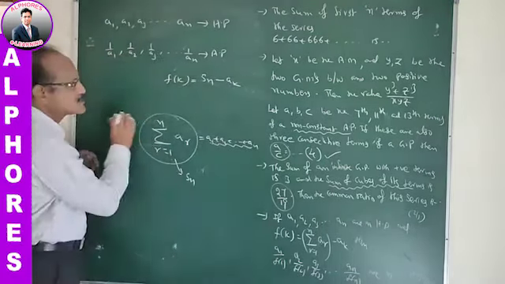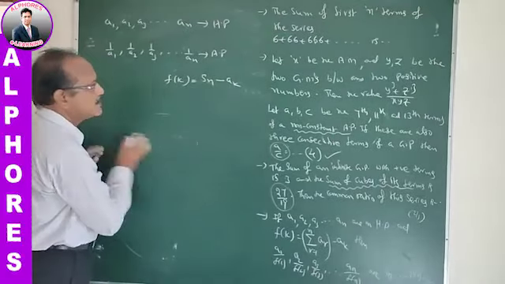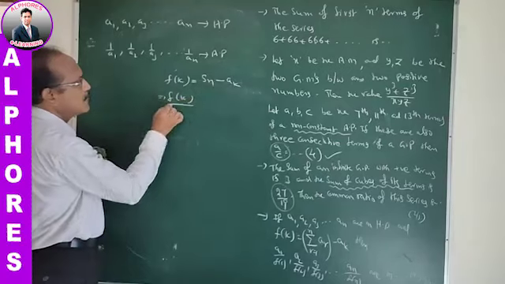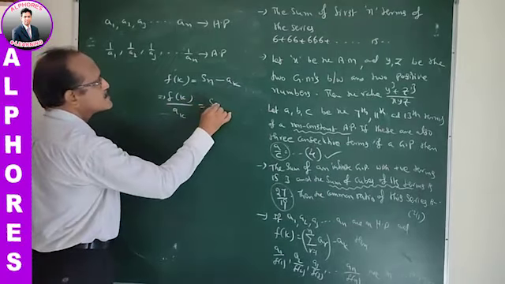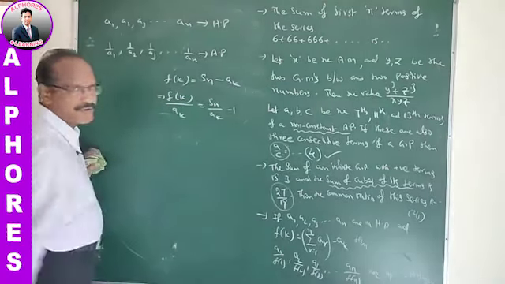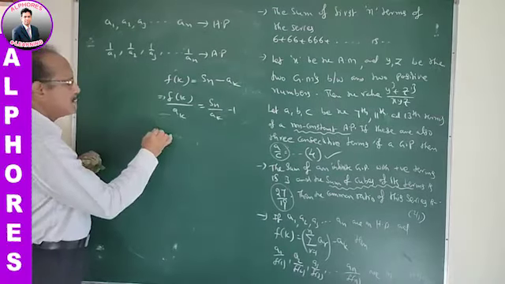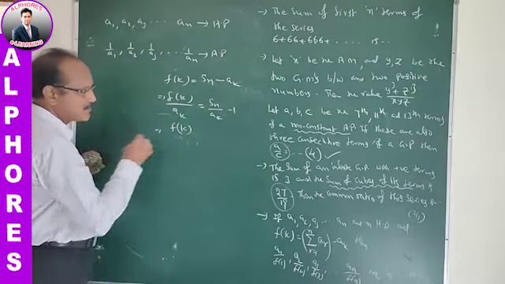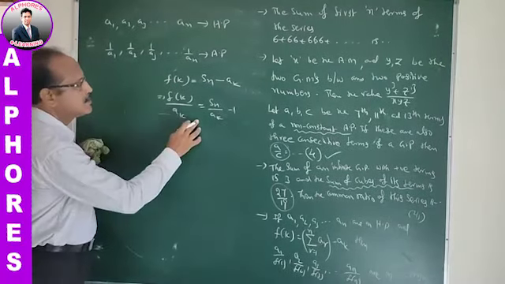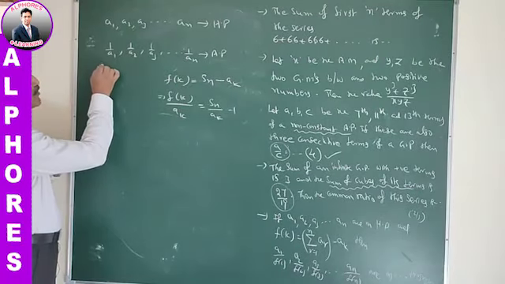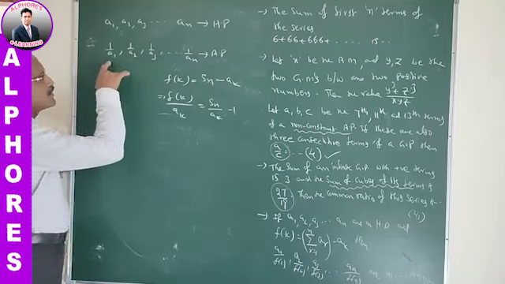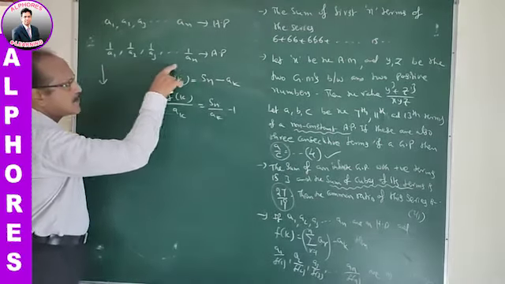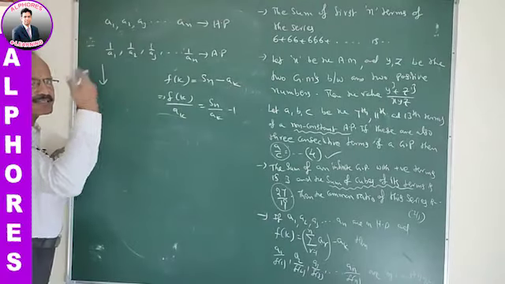Now, because you have to calculate the terms of the sequence like this, a1 by f of 1, I am dividing by ak on both sides, that is f of k by ak is equal to Sn by ak minus 1. Now coming to this question, because it is an AP, if you are multiplying with a non-constant term of the AP terms, then the resulting series is also in AP.